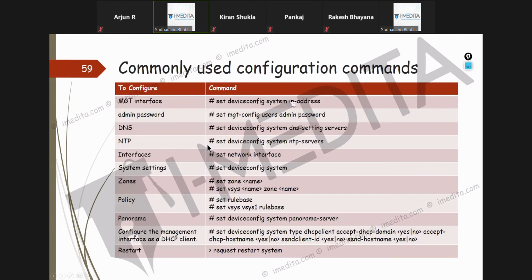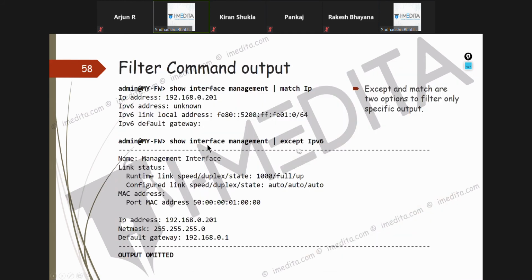Similarly, here there is except, and except is exclude. Like, I want to see everything except those lines which have the keyword IPv6.